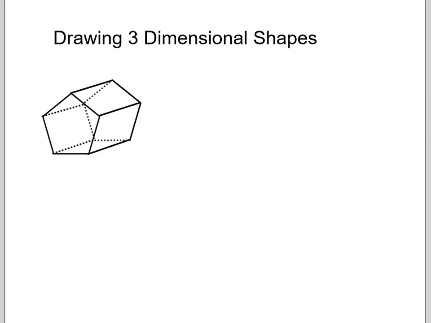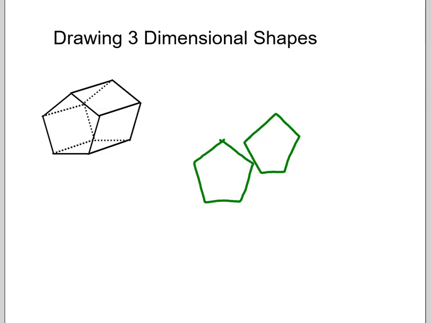Okay, so before we start the volume investigation, let's just have a quick review of how to draw a three-dimensional shape. The easiest way to draw a three-dimensional shape that I have found is to draw the face. So you'll see there's a face here. And if you just drag that over for a second, so say you start with that face. If you reproduce that face again, but just slightly back and to the left, or to the right, my apologies,